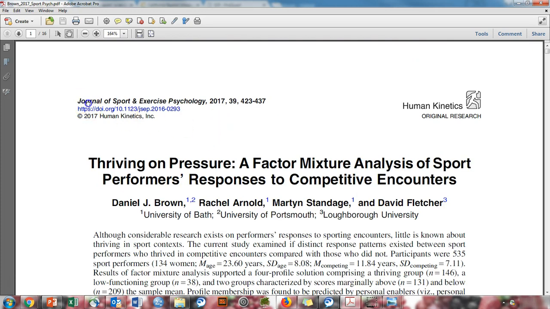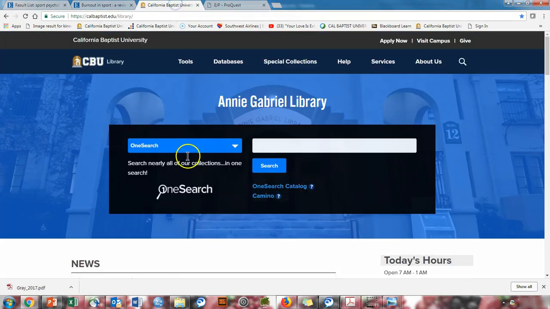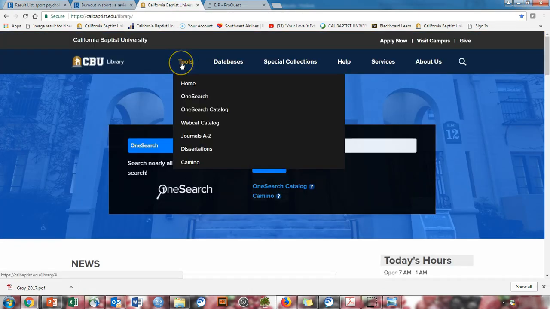Now, let's say that you are interested in looking at a journal. Let's say you found all sorts of scholarly articles in a particular journal, for example, Journal of Sport and Exercise Psychology. So what you might want to do is say, I want to specifically look at that journal and see what else is there. What you could do is go to Tools, Journals, A through Z,